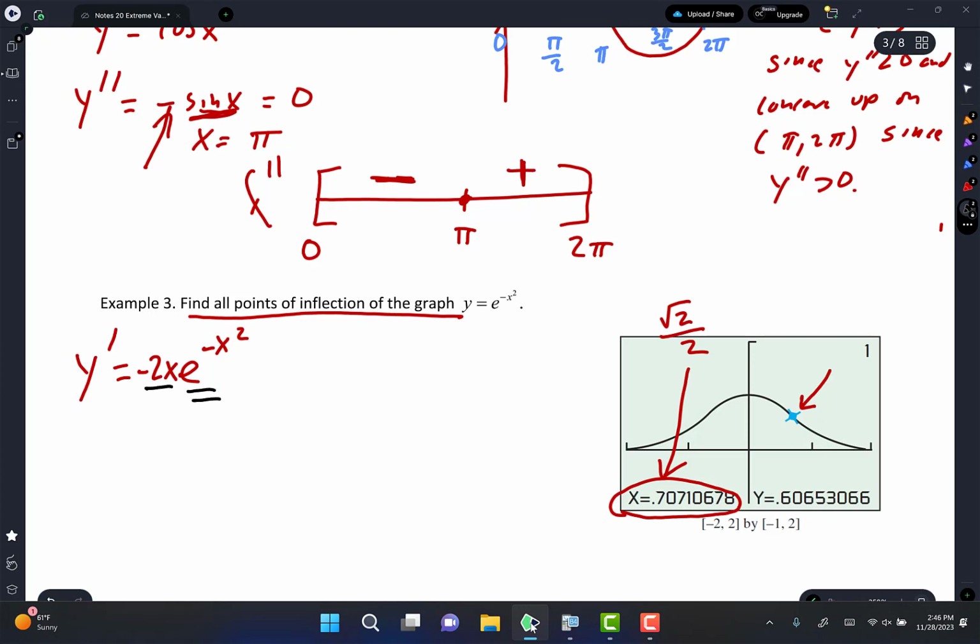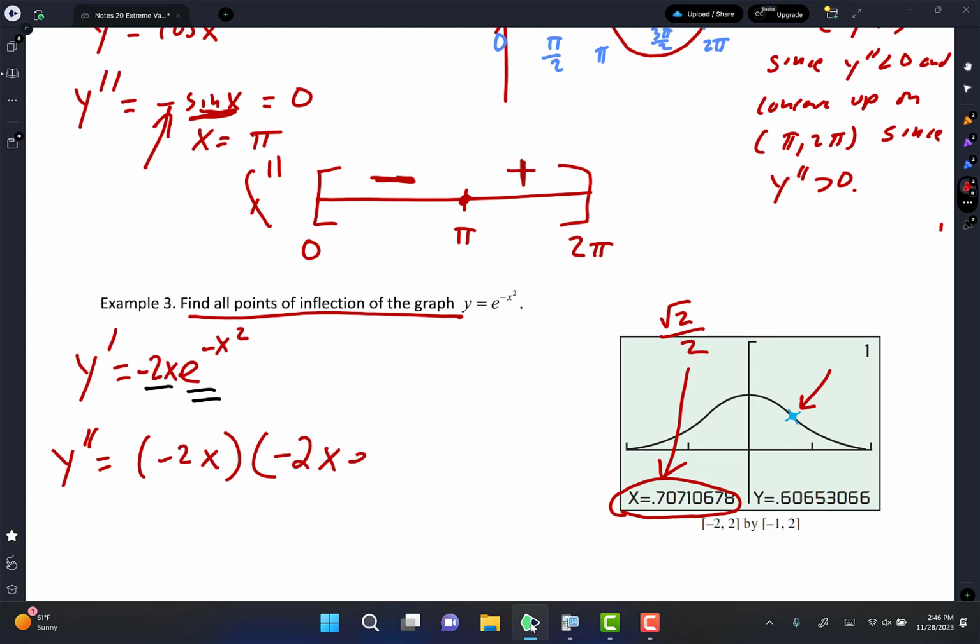I have to use what rule? Product. Y prime prime equals first, negative 2x, times the derivative of the second. Well, the derivative of e to the negative x squared is negative 2x e to the negative x squared. So don't do it again, just type it in like this. Plus second,